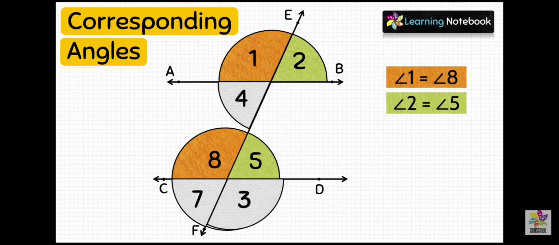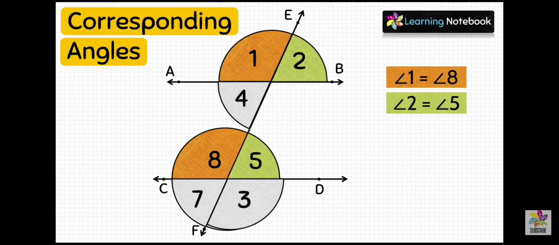Students, now the next is alternate exterior angles. Now the third aim of this project is to prove that pairs of alternate exterior angles are equal. That is, angle 1 equals angle 6 and angle 2 equals angle 7. So for this, let's make another set of these 8 angles.